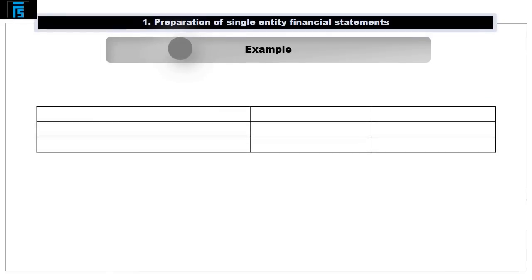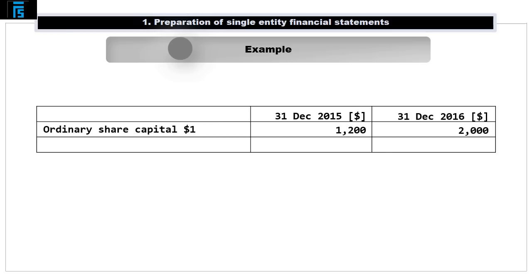Let us now turn our attention to the first of two brief examples concerning the specific computations needed to derive elements of the net cash flow from financing activities. Please consider the following scenario. A company reports the following balances in respect of its share capital on the 31st of December 2015 and 2016. Its €1 ordinary share capital increases from €1,200 to a level of €2,000. At the same time, its share premium account balance also rises from €100 to €400.